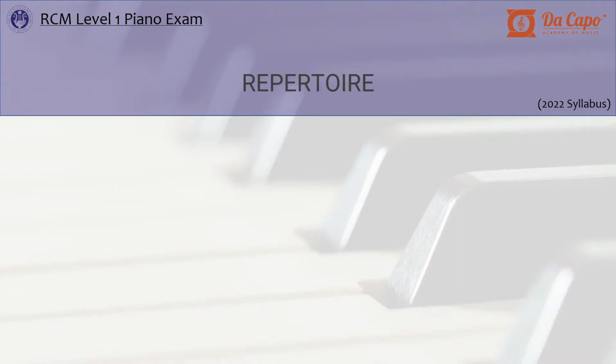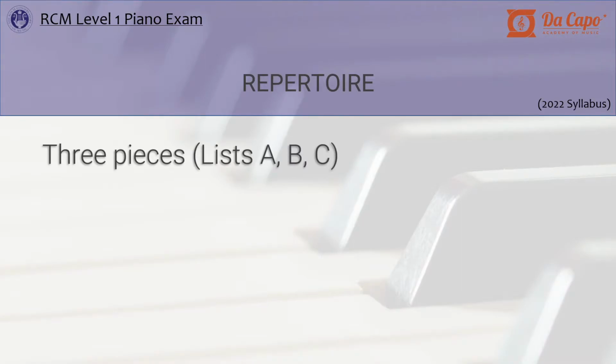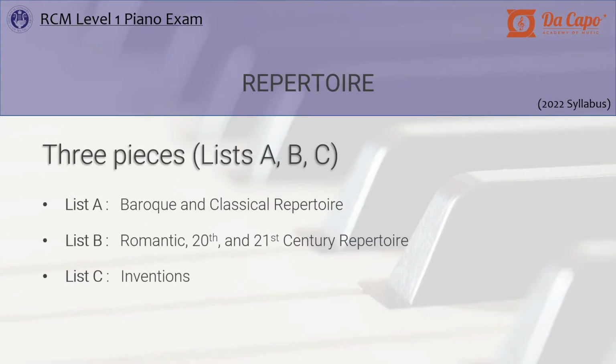For the repertoire section, we need to learn three different pieces, one from each of these lists, so list A, B, and C. Now, if you're brand new to RCM exams, you should know that lists basically represent music from a particular genre or historical period. For example, list A has music from the Baroque and classical repertoire, list B, Romantic, 20th and 21st century repertoire, and list C are inventions. And keep in mind that you can earn 2 extra marks per piece if you have it memorized. Moving on,